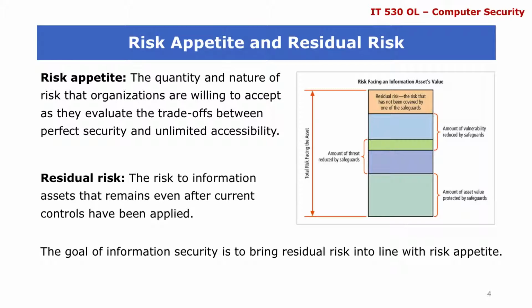Every organization must find a way to deal with its residual risk. Could be by implementing additional controls, could be by transferring that risk to others. An example of transferring risk to others is insurance. Think of your home